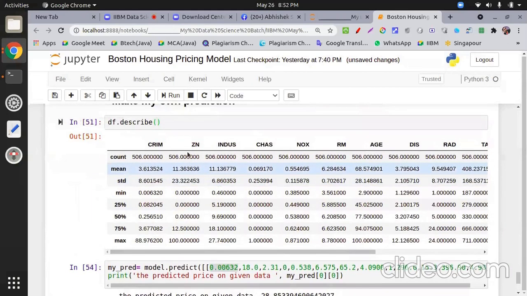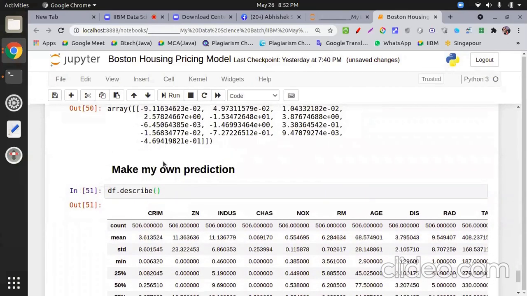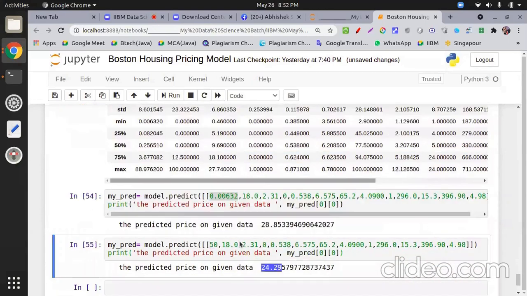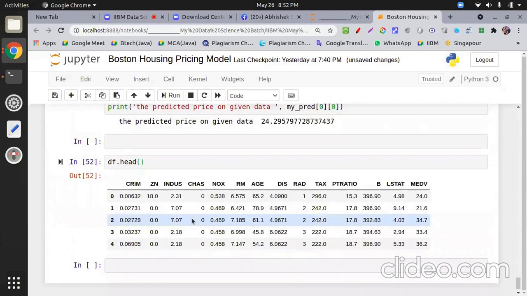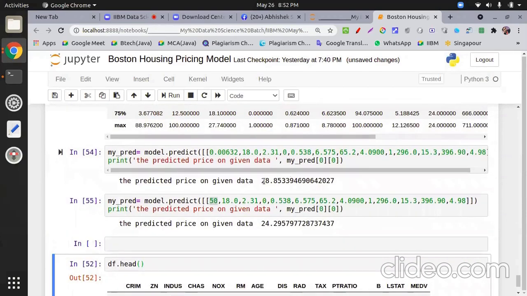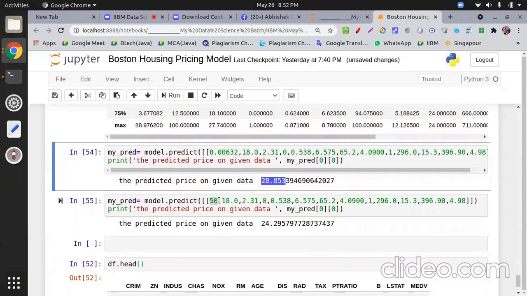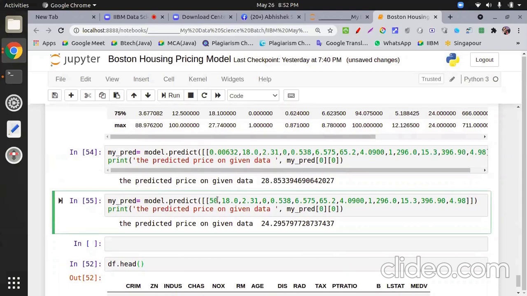I have a question. Once you show the predicted values, sir, this 50 you have created on your own, right? I take a random value from the dataset, that is the first one. Then I change the crime. I increase the crime. Since crime has a negative slope, an increase of crime will decrease the house price. That's what I prove over here. Okay, sir. Got it? Can you explain that slope and intercept part again, please?